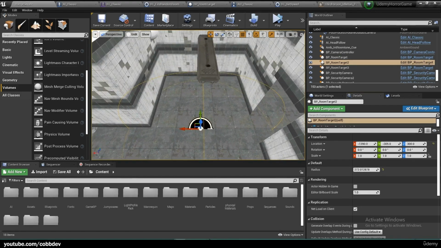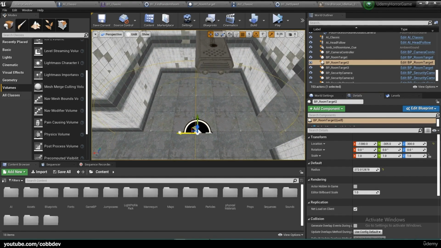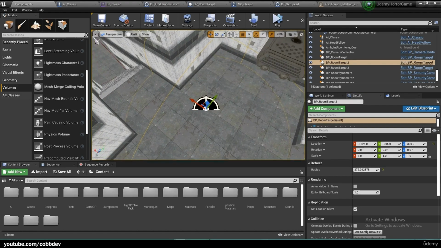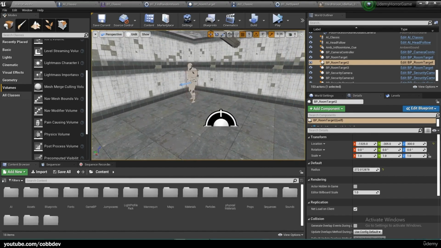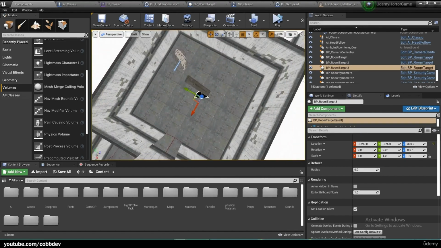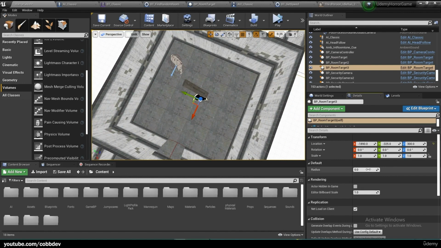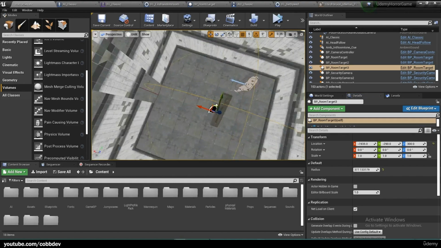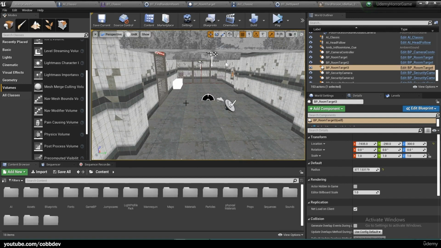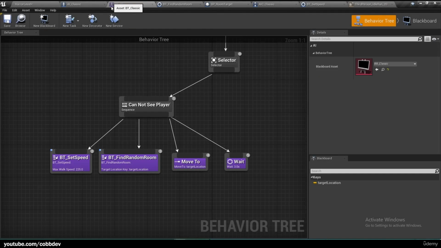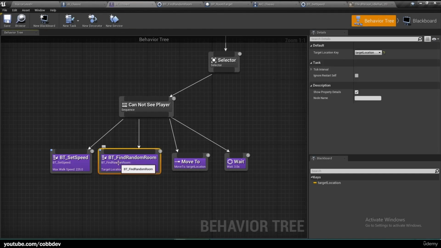and something like that is good. Maybe keep him outside the doorway. Yeah, something like that's good. And lastly, this one. And something, yeah. Maybe something like this. Okay, good enough. Okay, so now if we go to our BT Classic, we have this task, BT Find Random